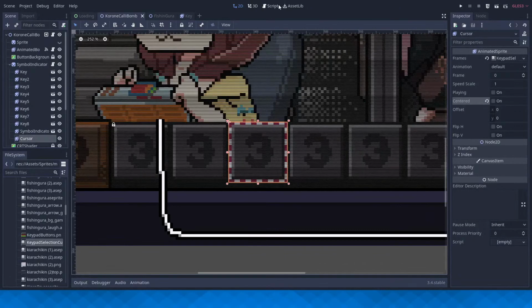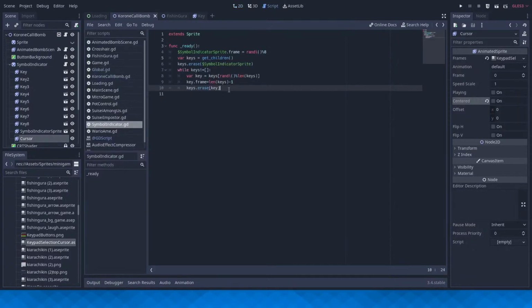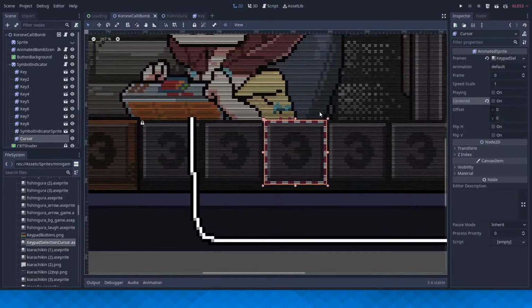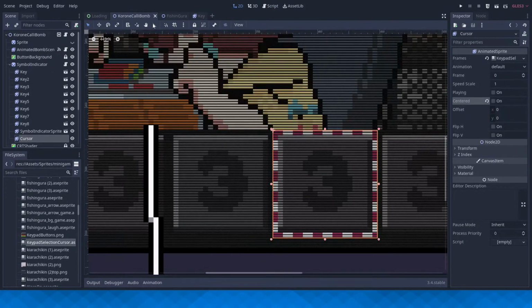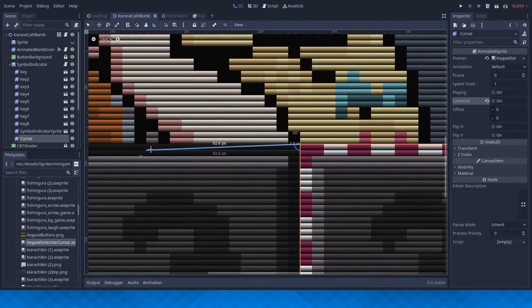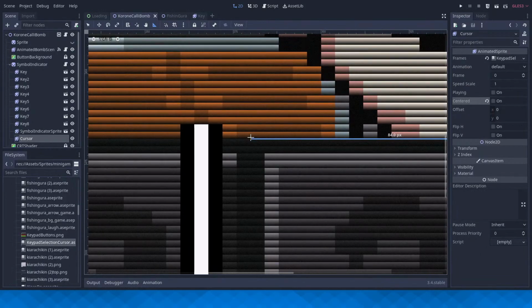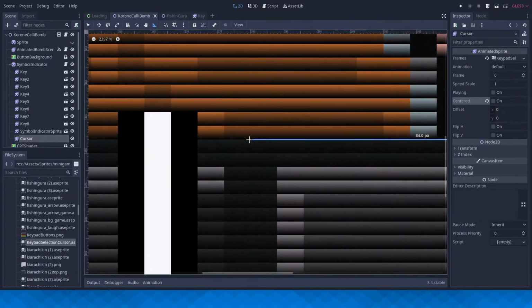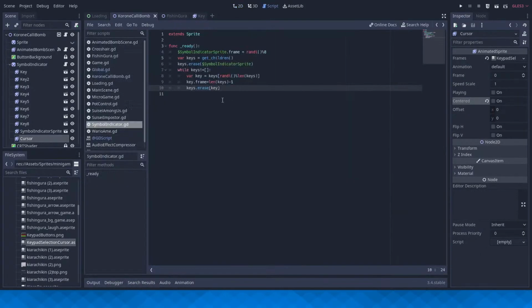So, if I press the left button, it should move left by how many pixels? Here, let's try to figure this out. Should move left by 84 pixels. So, wait, but I need to divide that by 4 because of scale. So 84 divided, but wait, that's just 21. I'm stupid.